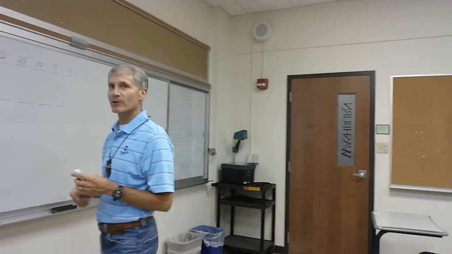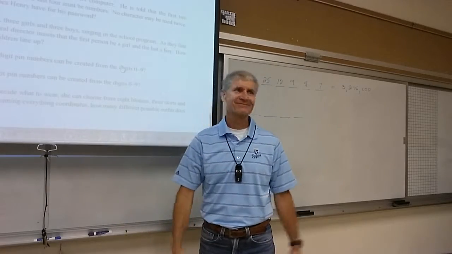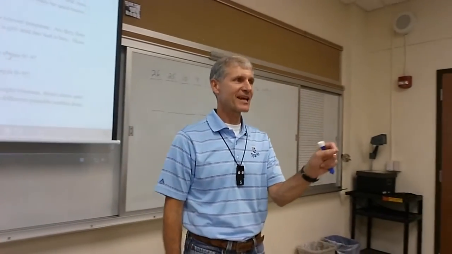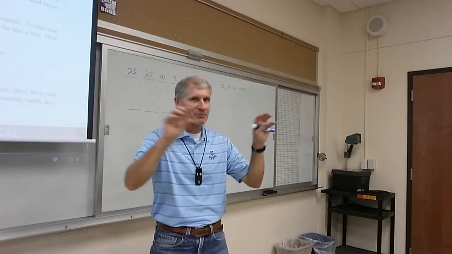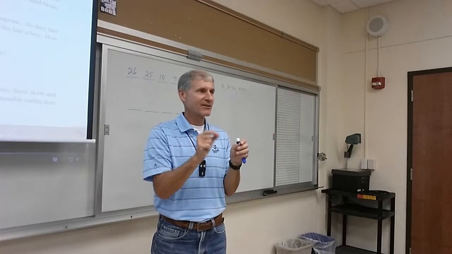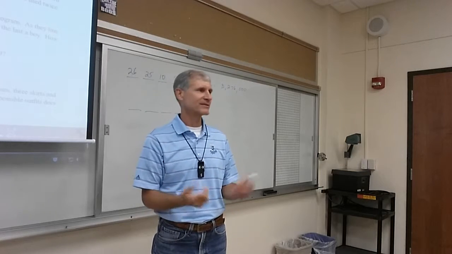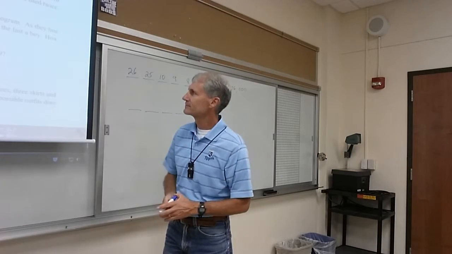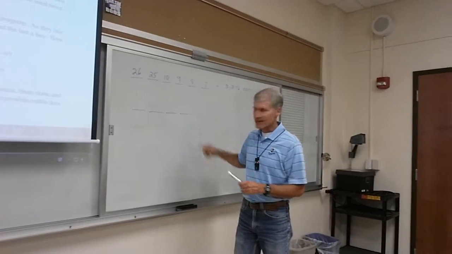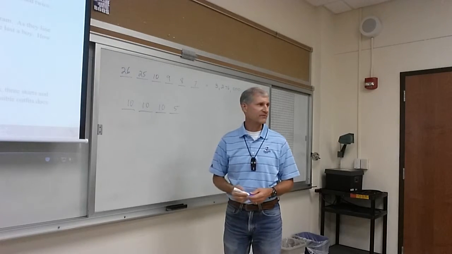Okay. Are we assuming that we can repeat numbers? He's asking a very important question. Can we repeat numbers? Does it say you can't? Then you can. That's the assumption you make. On a test, sometimes I forget to explain everything completely. So if you find yourself having to make an assumption, then write out, I'm assuming here that repeats are okay. Then I'll give you full credit. Understand? So what do you get? 5,000. It should be 10, 10, 10, and 5. Multiply it out, you get 5,000.